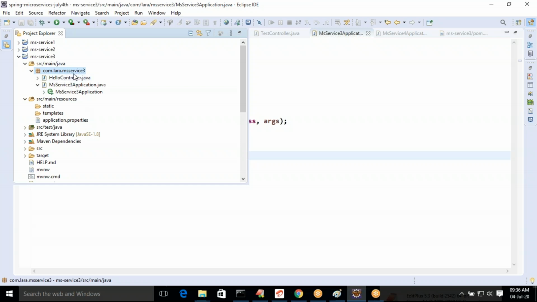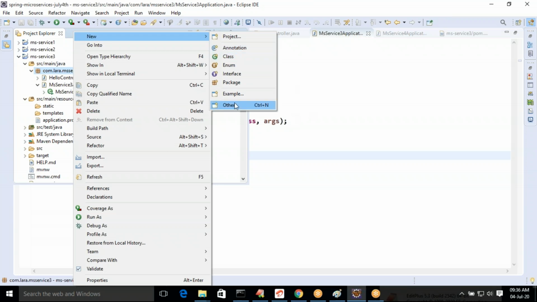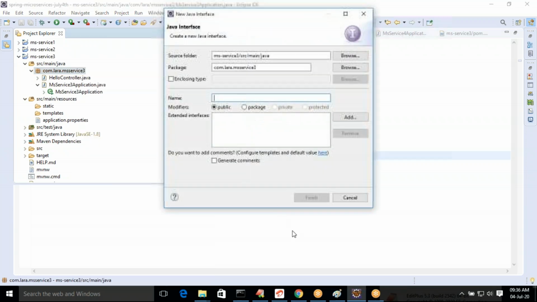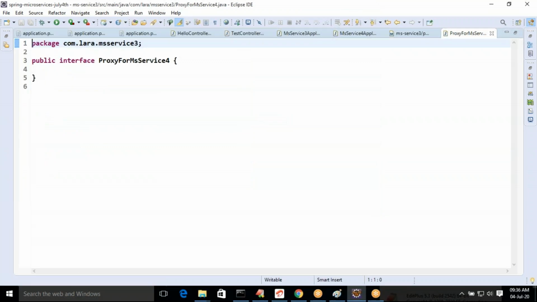So right click, go to New, select Interface for the proxy. Proxy for MS Service 4, you can choose any name. It's an interface.